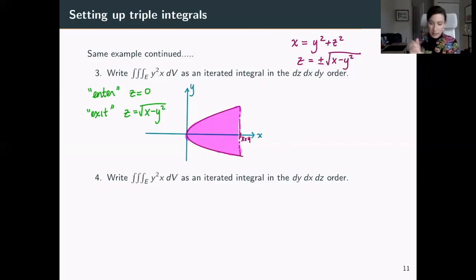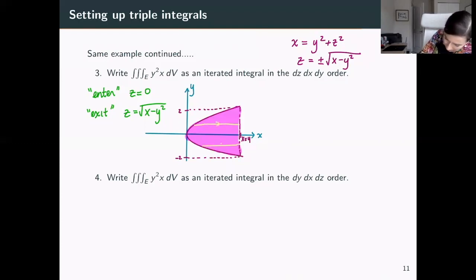Okay, so now that we have this, we can do a little bit of algebra here and recognize that I'm going to get an output of 2 for my y and -2 for my y. We're integrating in the dz, dx, dy order. So the lines that I want to figure out how they are acting through this surface are going to happen in this direction. Here I have these changes in my x. That is, we can set up our triple integral to be